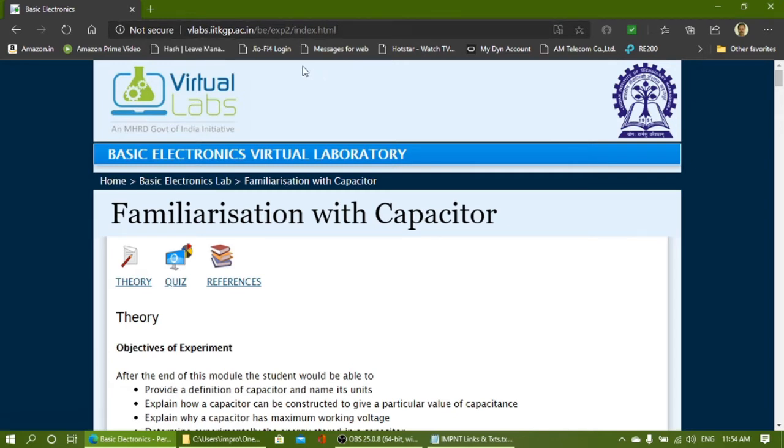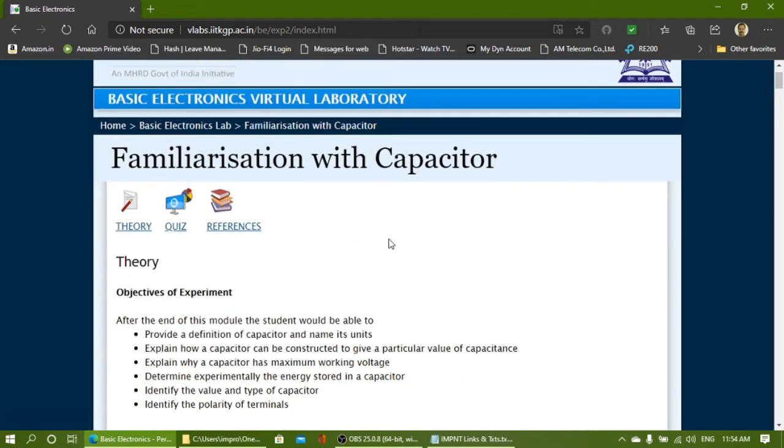You will find the actual page where the demonstration of familiarization with capacitors has been given. On this page you will get three main tabs: one is theory, another is quiz, and the third is reference books. In the theory